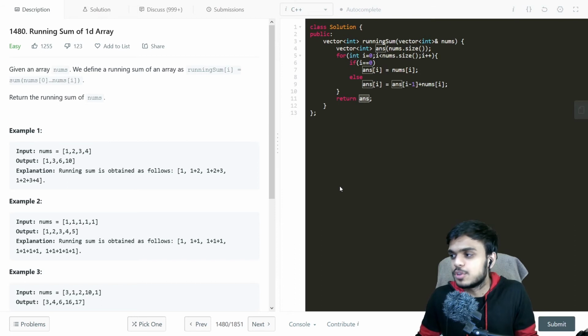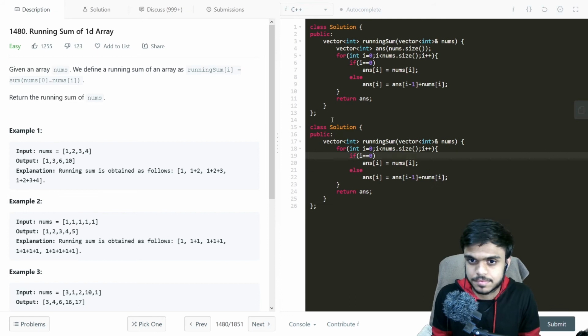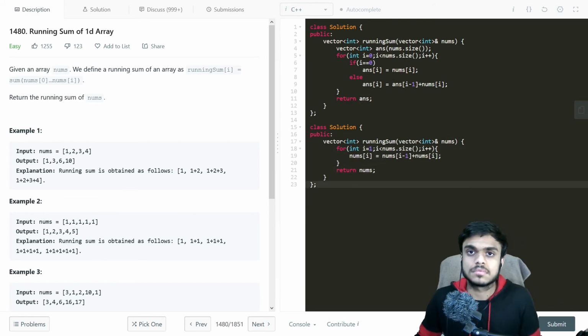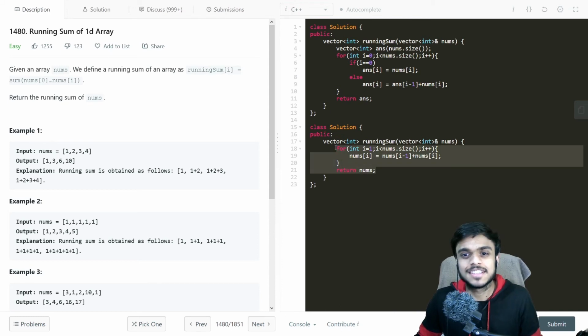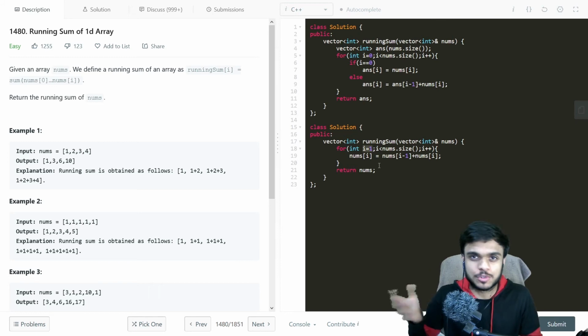Now, if you need to do it in place, the solution would be very similar. If you want to do everything in place, this is the simple code. We are doing a for loop, and one thing to note is that in the previous method we started from i equal to 0, but here we just need to start from i equal to 1, because the first element would not change.